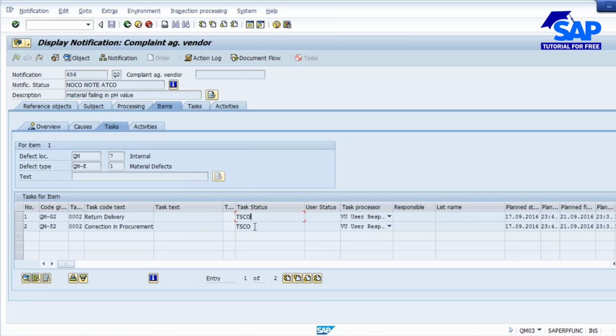If you're not completing this, then yeah. Another thing, when this notification is open, I cannot do UD, no? Usage decision. No. Notification is different, and you create the notification after completion of your quality inspection. Normally, when you're doing UD and the lot is rejected, only then you create the notification. If your material is okay, why would you create a notification unnecessarily?